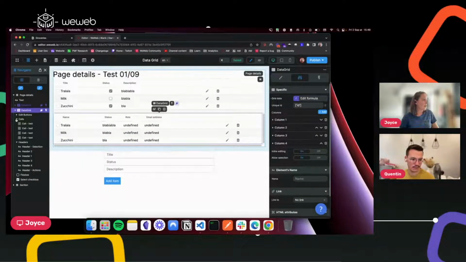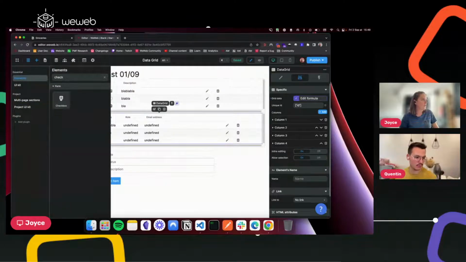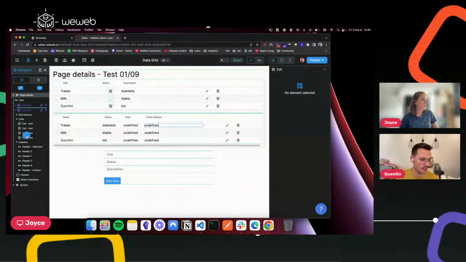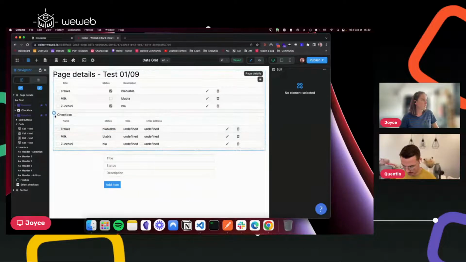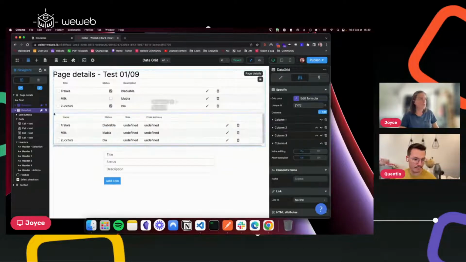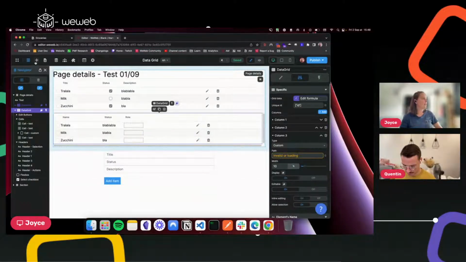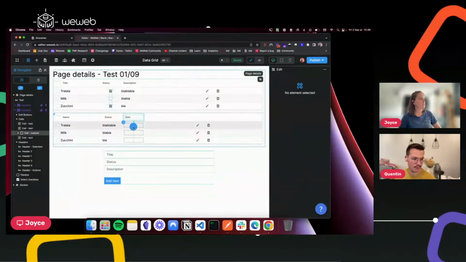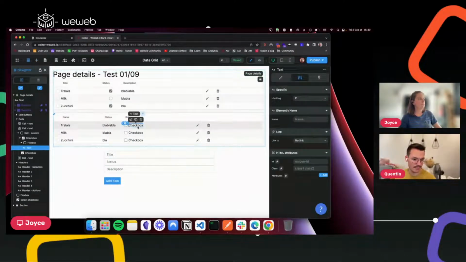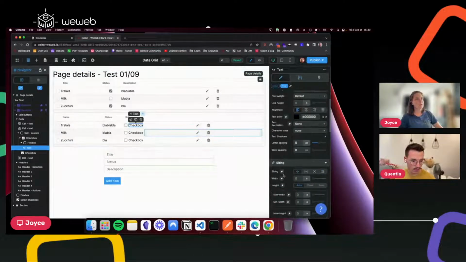It's in the cells. So let me drop it like this. I think it will be easy. Oh, because I need, sorry, my bad. I'm in the data grid, and for the third column, first I need to tell the data grid that I want to add a custom input, and I'll just delete the fourth column because it's messing with my head. So now I can drag and drop the checkbox and the custom field, and I don't want to show this,